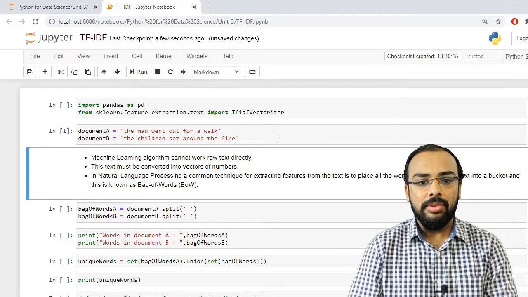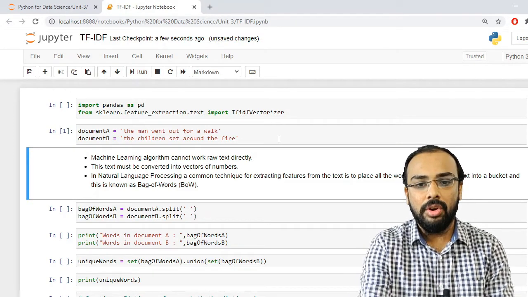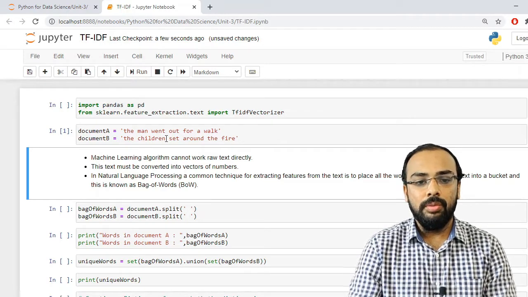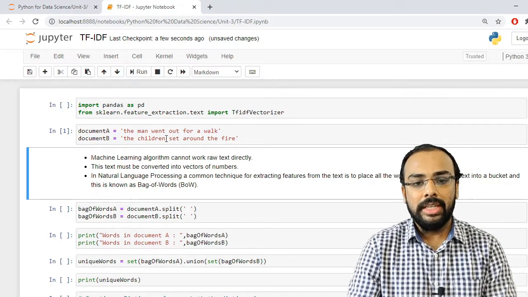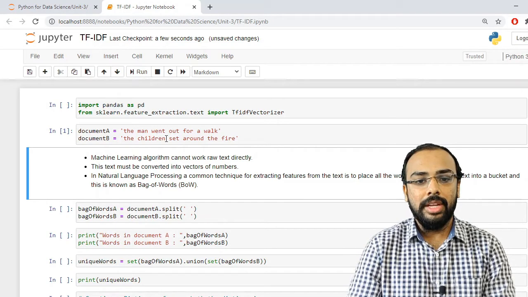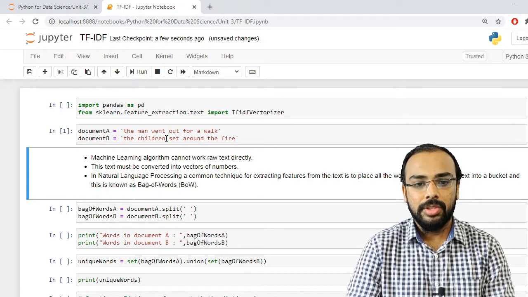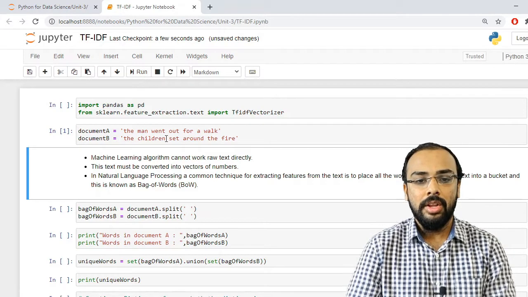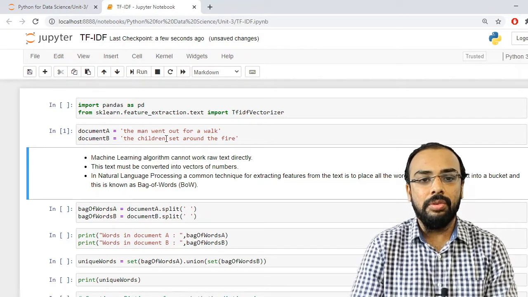As we know, a machine learning algorithm cannot work with this type of text directly, so this text needs to be converted into vectors of numbers. As we have seen in our bag of words model, we need to use that concept whenever we are performing TF-IDF.